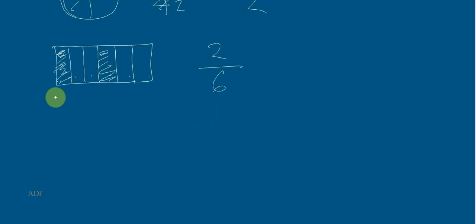Clear? And if you are asked to write the fraction for the non-shaded part, what will you write? You write 6 as the denominator and you count the non-shaded parts: 1, 2, 3, 4. So this becomes 4 upon 6. I think you now understand mathematically what a fraction is. Okay. Now in the next video I will show you many types of fractions and also give a clear understanding about those. Okay.